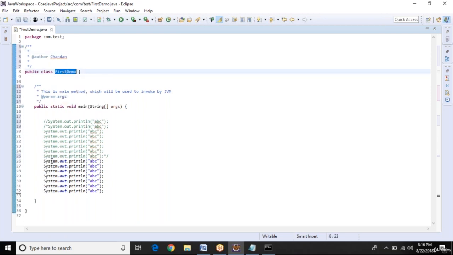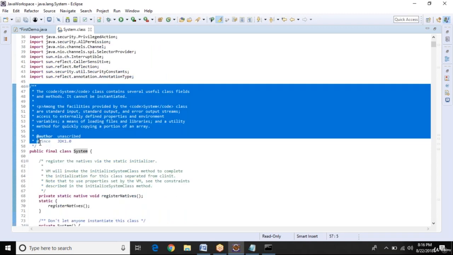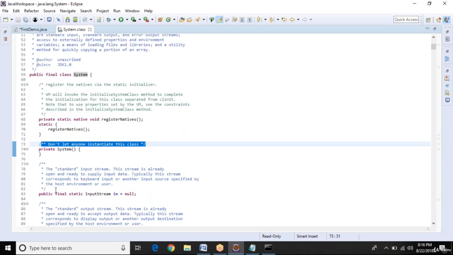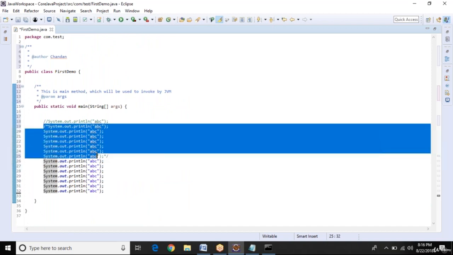If you open any existing class provided by Java, you can see multiple document comments explaining what the class will do, and for every method and variable we have comments. This is for informational purposes only. So we have three types of comments: single line, multi-line, and document.